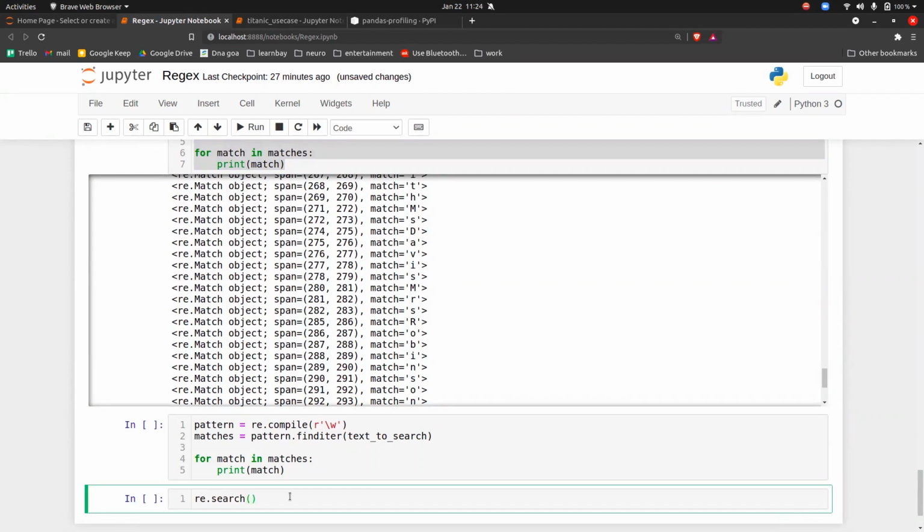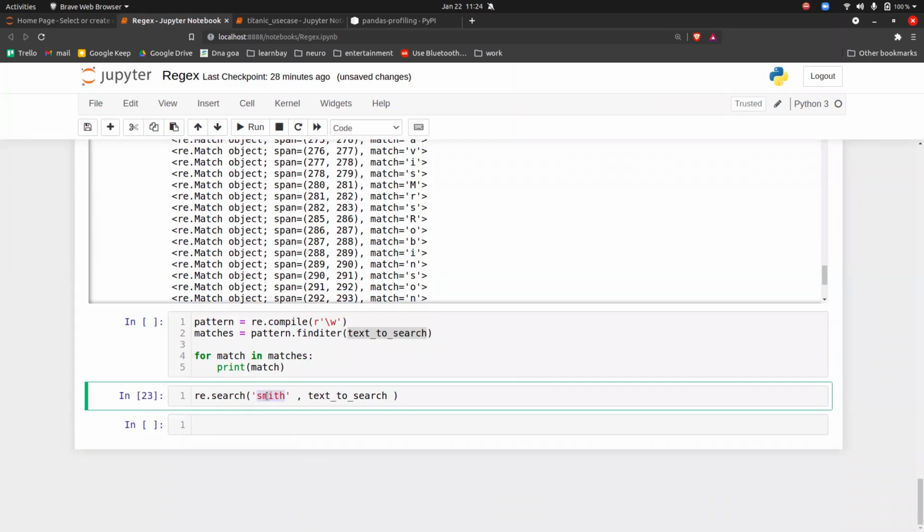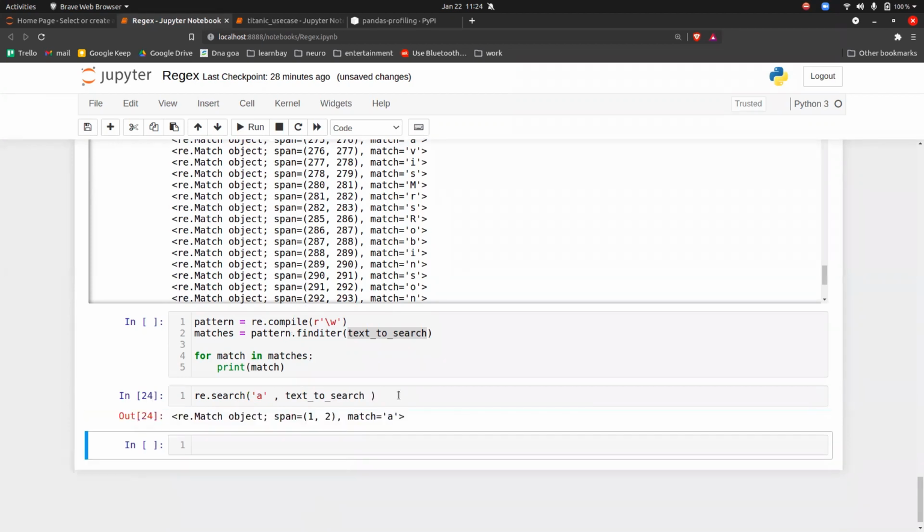Let's say you want Smith from here, and whichever text you want, copy this and paste here. Okay, and execute it. So basically, if the Smith is present in a text, okay, let's say A. You want to extract all the A's. Execute it, and it will give you all the A's here.